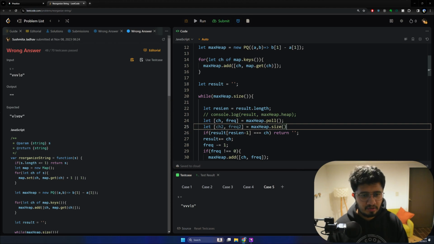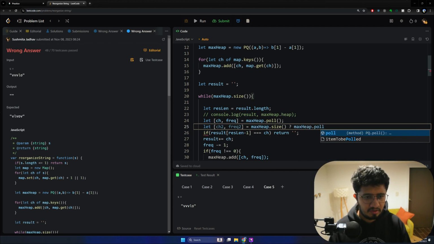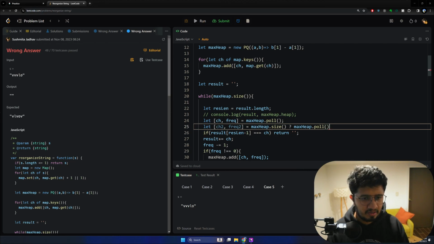If max heap dot size is greater than or equal to 2, or let's say if it still has anything left in it, then what we'll do is max heap dot poll. Yeah, we will poll again, or else